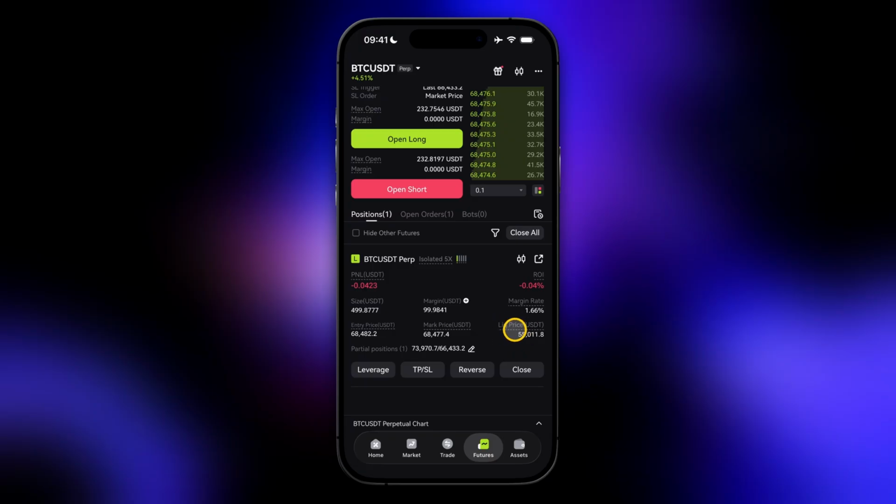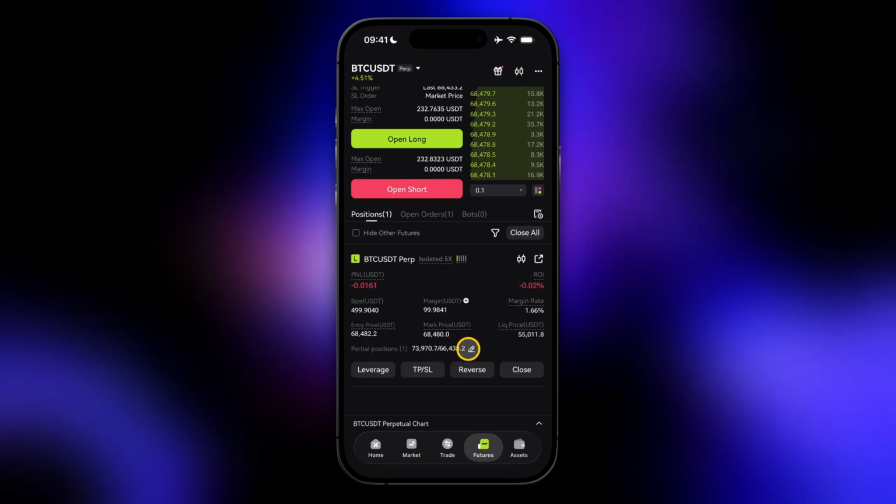Liquidation price means if our trade would go down to this price right here and we would not have a stop loss, we currently have one as you can see down here, but let's say we don't have a stop loss, then at this price right here, this position would be so-called liquidated, which means it would be closed automatically by the platform and we would lose our entire margin, our own capital in this trade. But of course, we can prevent that from happening by having a stop loss placed beforehand, which we did already